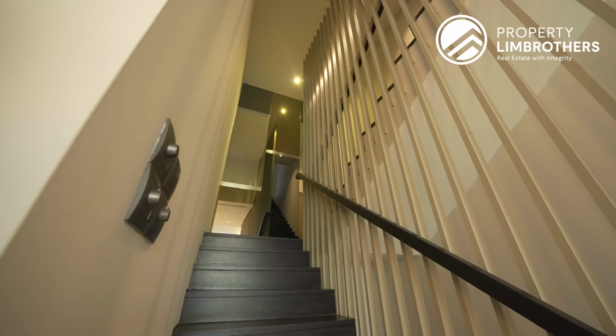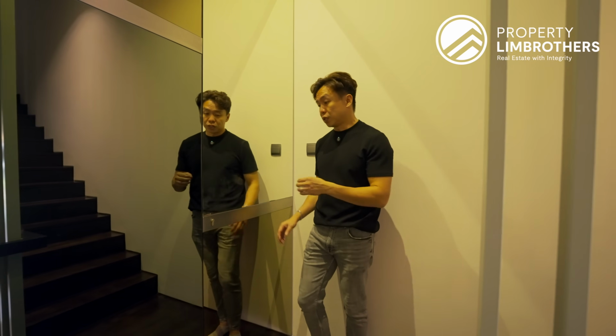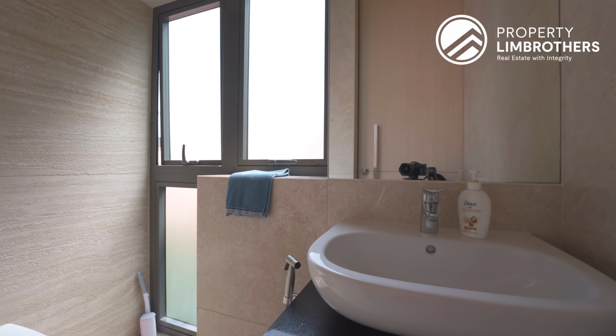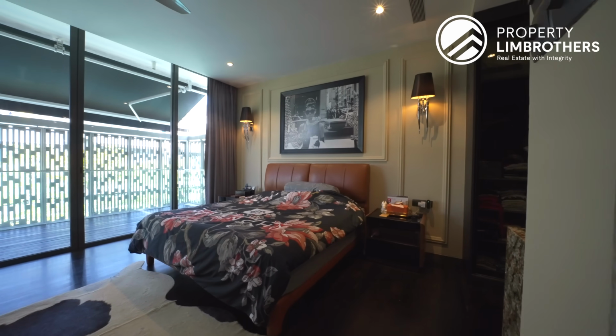So once you come up to level 2, this is the largest 4-bedroom layout type in the Seven Crescent. And in terms of renovation, it was just done about 4 years back. And then this is the hidden powder room for your guests. And then as you head up towards level 2, and as you head in here, now this is your